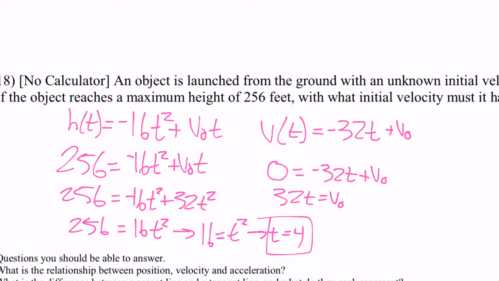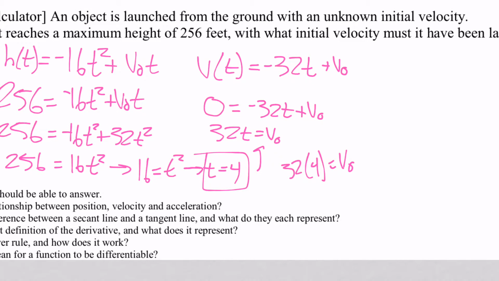So we know t is 4, so we can find our initial velocity using 32 times t equals v naught, right there. So 32 times 4 equals v naught. Okay, 32 times 4. Let's do it. Well, that's 32 times 2 times 2. 32 times 2 is 64. 64 times 2 is 128